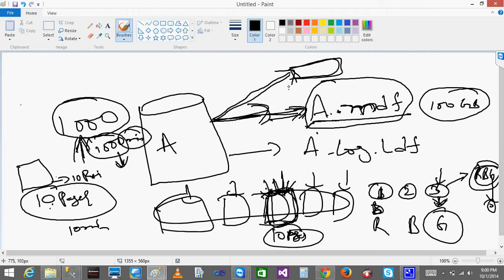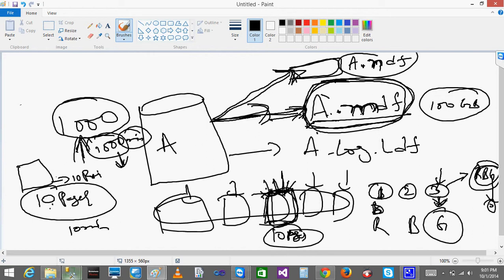Okay, you can create one more file and store the data. Whatever file you create will have the .ndf extension, and you can't have this as MDF. To a database, you can have only one master file, one main file to store the data, and the other files you can use as supporting files. You can't use the other created files as a main file. So always the main file will be stored as MDF, and the other supporting files will be stored as .ndf. Every database will have that.